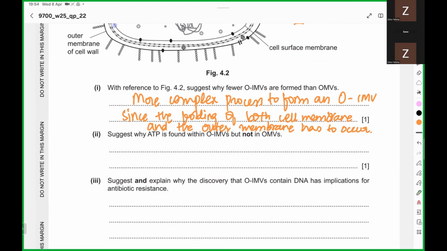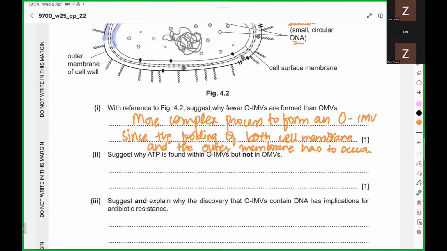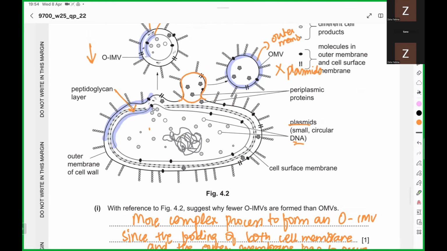Suggest why ATP is found within OIMVs but not in OMVs. हमारे पास ATP जो होता है, ATP एक बैक्टीरियल साइटोप्लाज्म में प्रेजेंट होगा. हमारे पास क्या कहती है, साइटोप्लाज्म में एटीपी प्रेजेंट होता है। द साइटोप्लाज्म्स एटीपी वुड बी ट्रांसफर्ड इनटू द ओआईएमवी, बिकॉज हमारे पास क्या कहती हैं, ओआईएमवी में सेल्यूलर कंटेंट भी प्रेजेंट होता है, साइटोप्लाज्म भी प्रेजेंट होता है। ऑन द अदर हैंड ओएमवीज में साइटोप्लाज्म प्रेजेंट नहीं होता। साइटोप्लाज्म अगर प्रेजेंट नहीं होता तो हमारे पास क्या कहते हैं, एटीपी प्रेजेंट नहीं होगा।